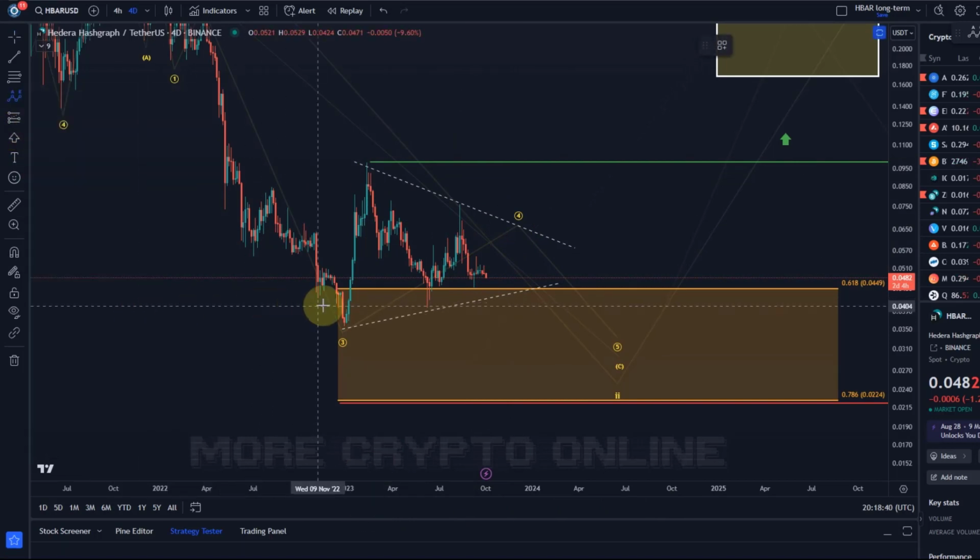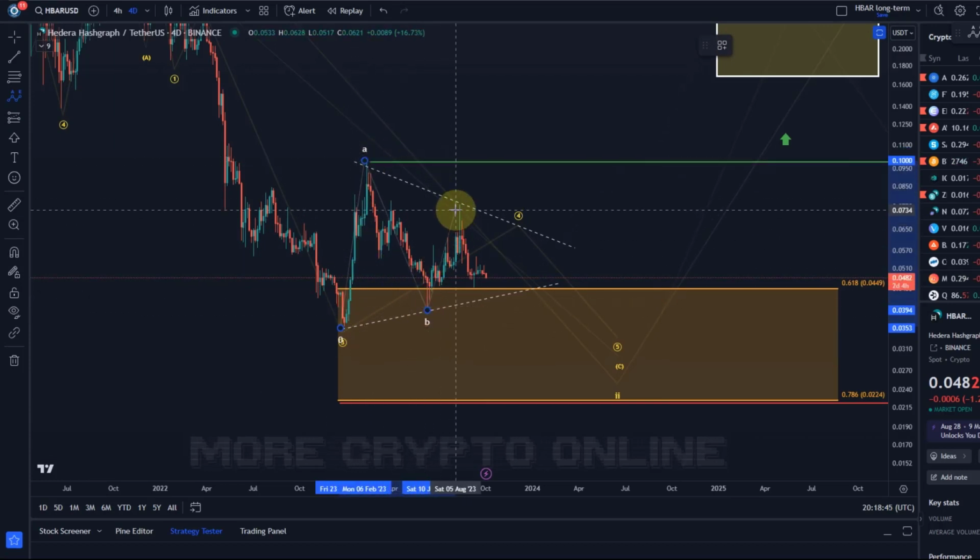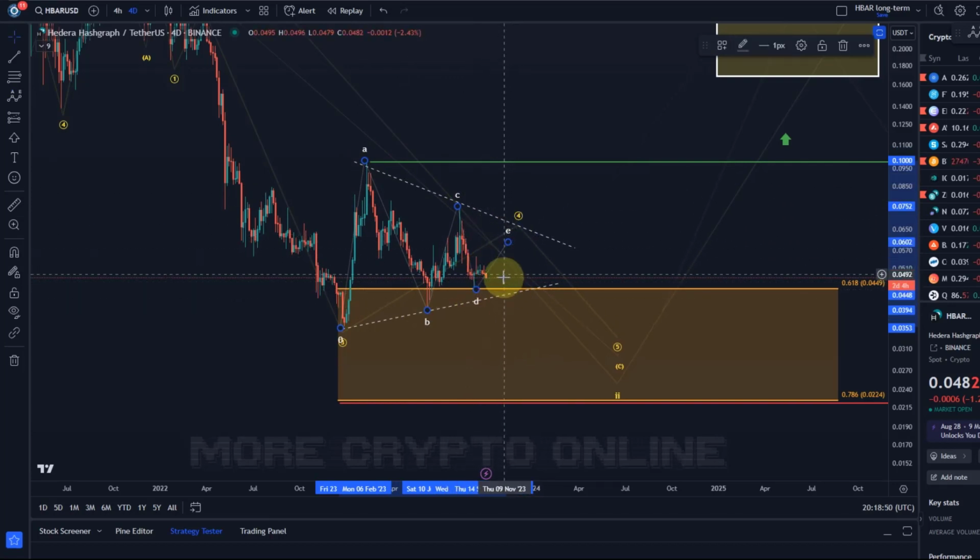I'll show you why, because in a triangle, we're typically considering a 5-wave move: A wave, B wave, C wave, D wave, E wave. It is even possible that the D wave still extends a little lower. So I'm watching for the D wave to complete. I haven't got any clear sign that the D wave is complete. I would like to see the E wave move higher. So eventually we want to see another corrective rally, just a bit of a corrective rally to complete this 4th wave and then a 5th wave to the downside. It could be that the wave D extends a little lower.